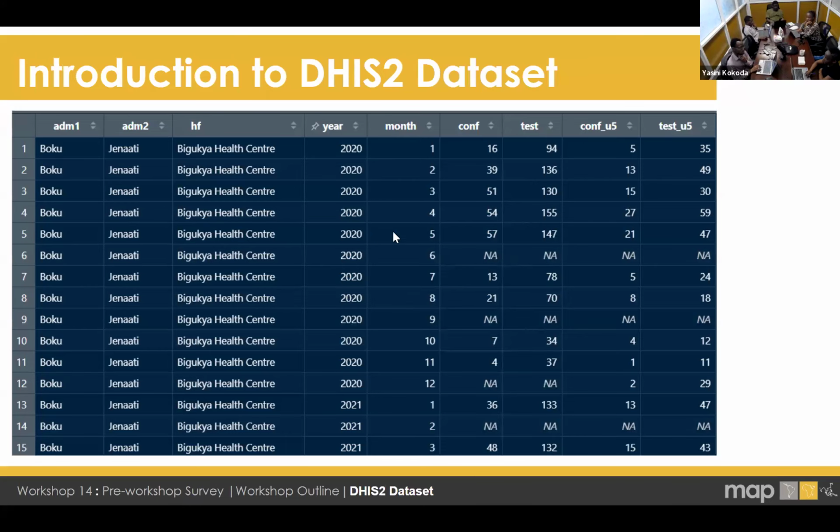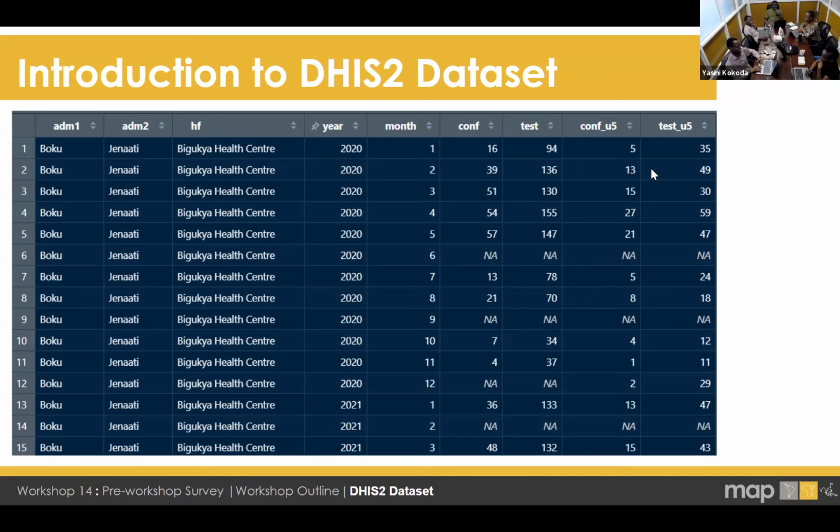Yes, confirmed, in this case, it is all ages because I trimmed the data frame. We have all ages and confirmed over 5. Is it excluding? The confirmed, so it includes the under 5 data.